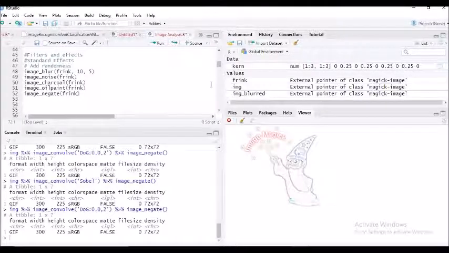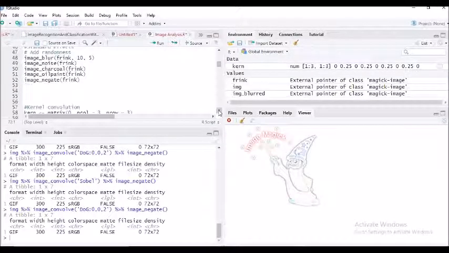Now try to understand that whenever we talk about images, we are talking about pixel values. Whenever I am using the function of kernel convolution, it means that we are talking about each and every pixel value, and this is being recalculated on the basis of the weights which are present in the neighborhood.